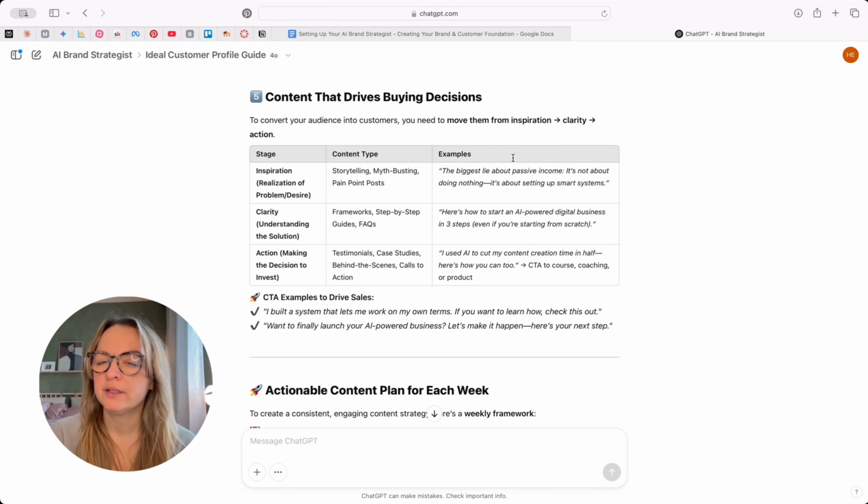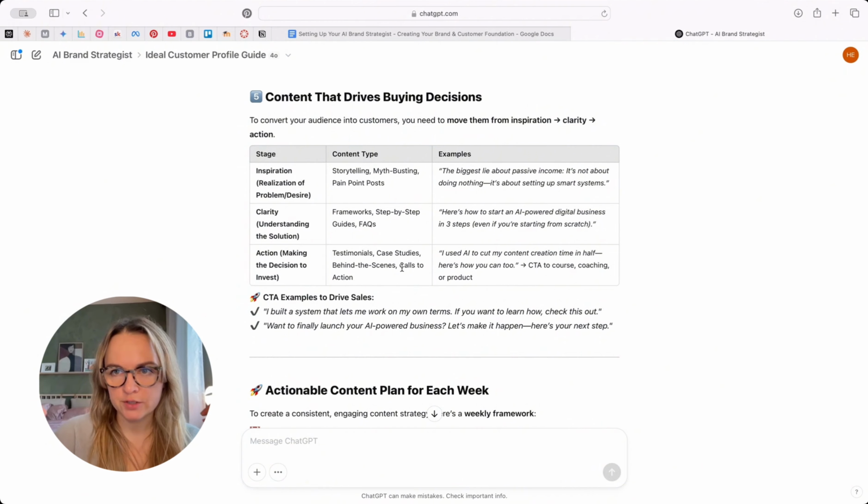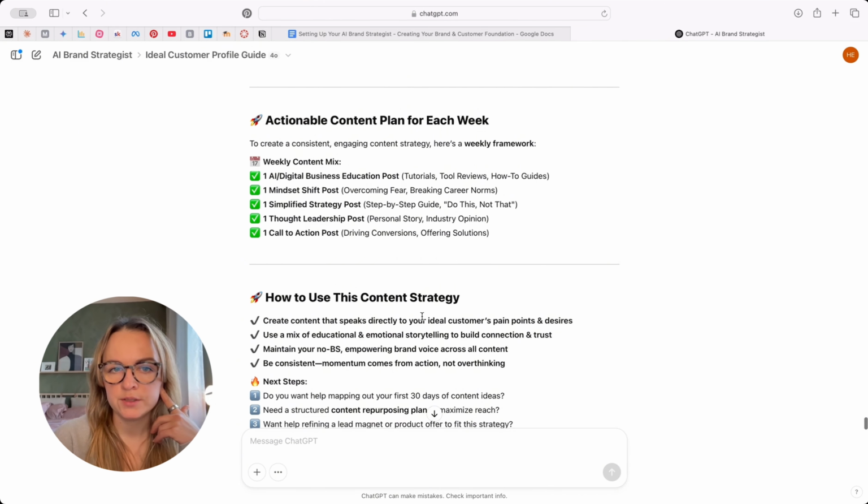I haven't even gotten this good of an output in Claude, to be honest. So myth busting, pain points post, that's really helpful for me because sometimes I struggle to find the right format for it. I'm a manifesting generator in human design, and I need to respond to something versus come up with structures myself. This gives me a really good starting point.